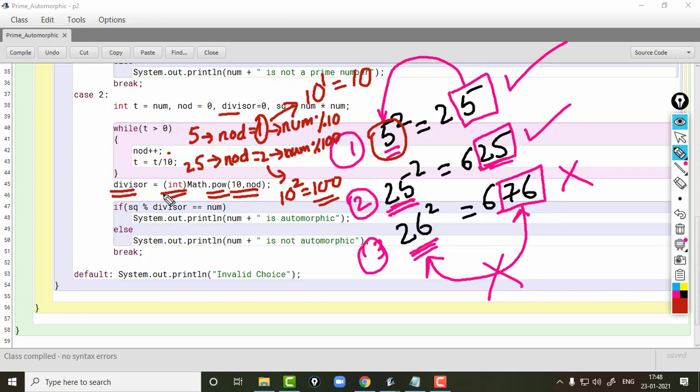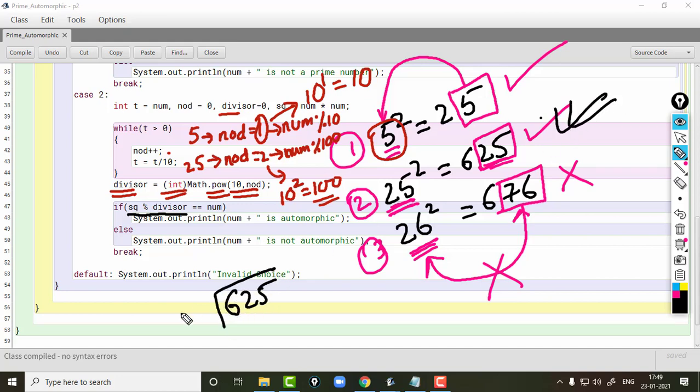In the case of 5, divisor will be storing 10. But this time let's take the example of 25. In the case of 25, divisor will be storing 100. Now here I have written SQ modulus divisor. What is the value of SQ if num is 25? The value of SQ is 625.